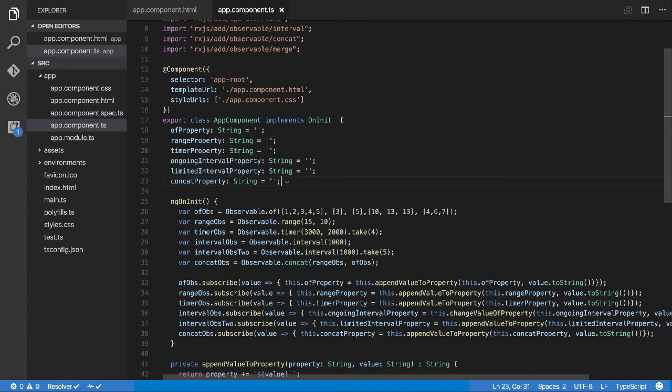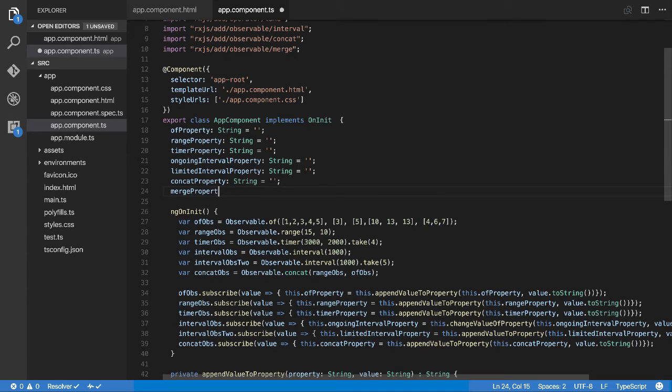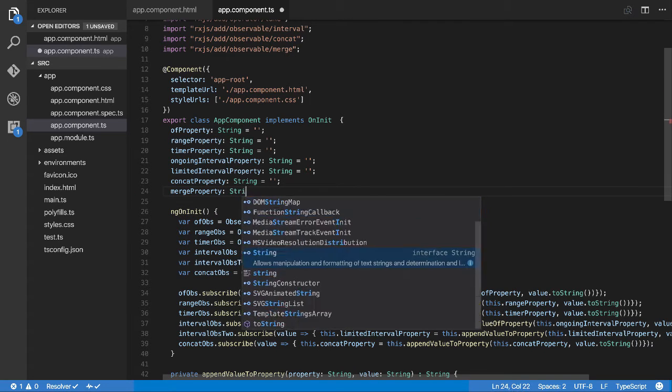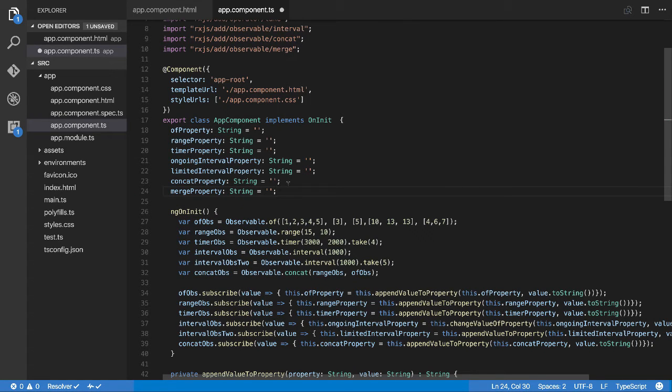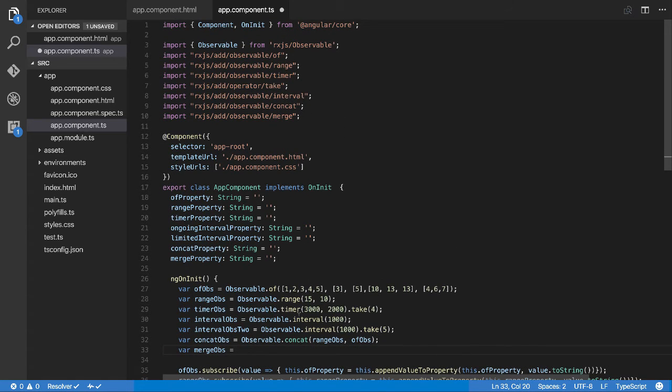So we'll come down here, let's create a property for this, so we'll just call it merge property, string, like that. And down here we'll go var merge obs equals, and so what do we want to merge together? What's a good example? I would say the two intervals, because we will see these two combine each other for